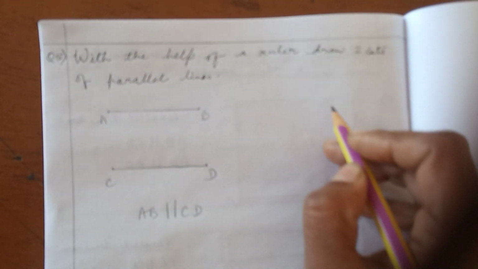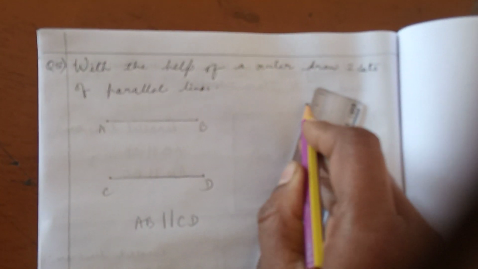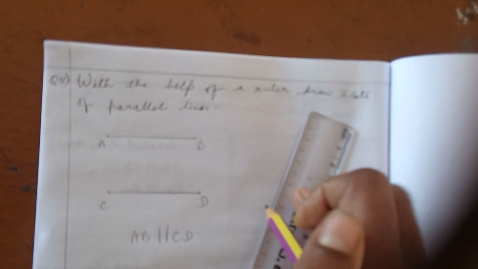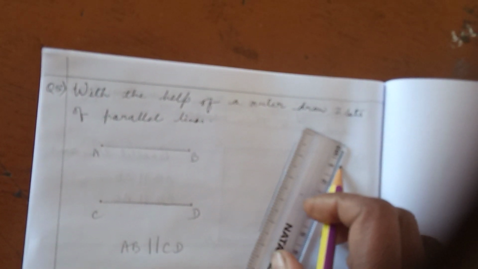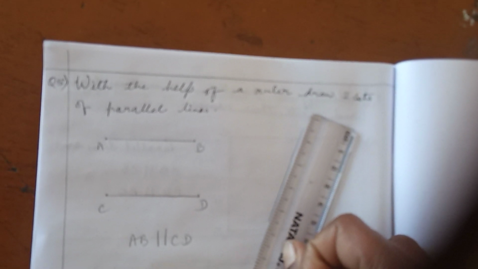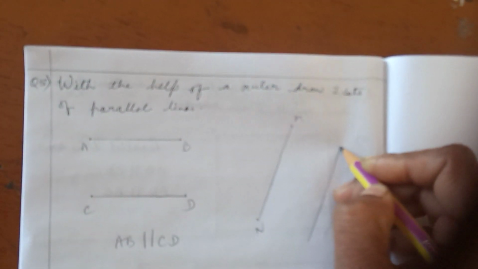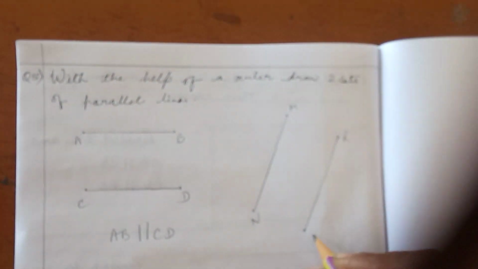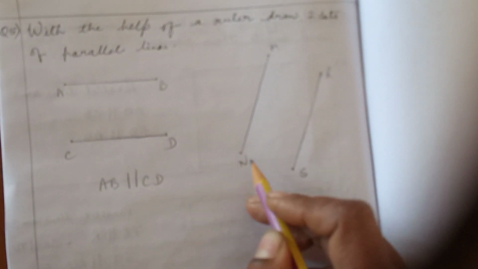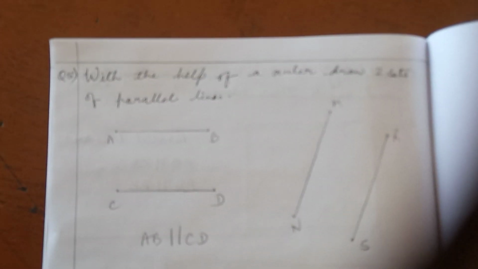Similarly, you can draw here another set. Okay, you can hold your scale and now again one line you draw at this side and the second line you will draw this side. So these pair of lines are your parallel lines. So give the name MN and give the name RS. You may give any other letters also. So this MN is parallel to RS. So you have to hold the scale and draw lines at their edges.